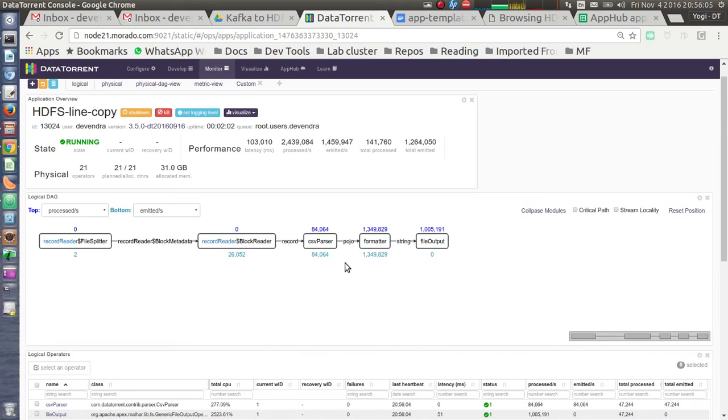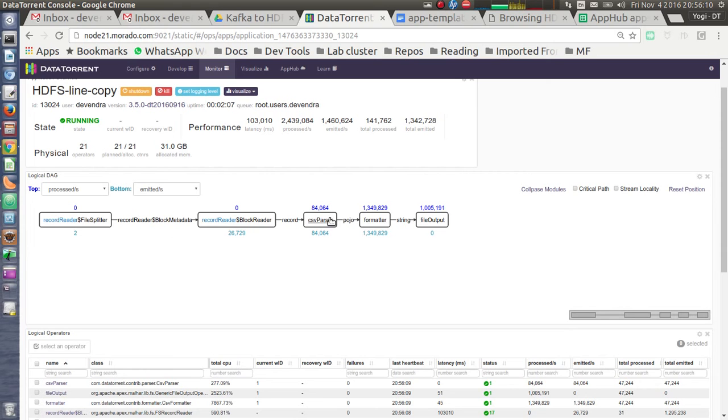More about this is covered in the advanced video. For now, we will just connect these two operators with the stream so the output is the same as the input.